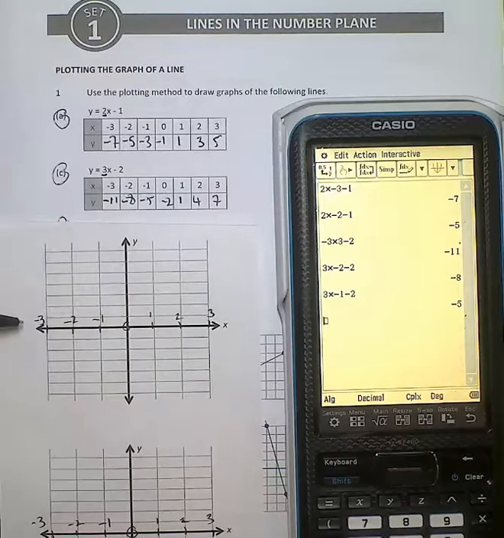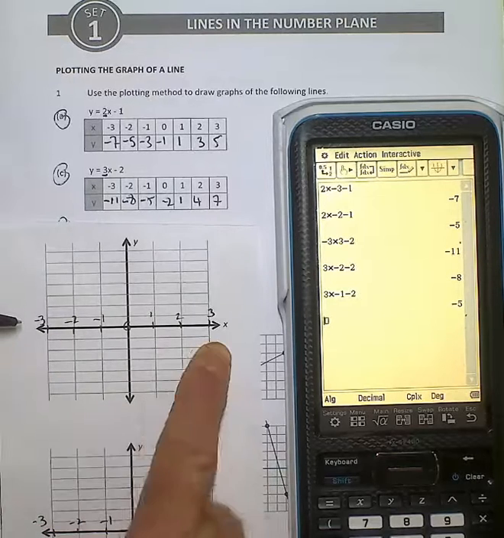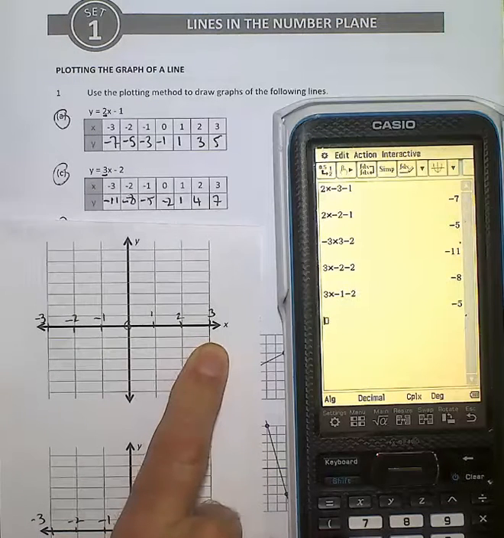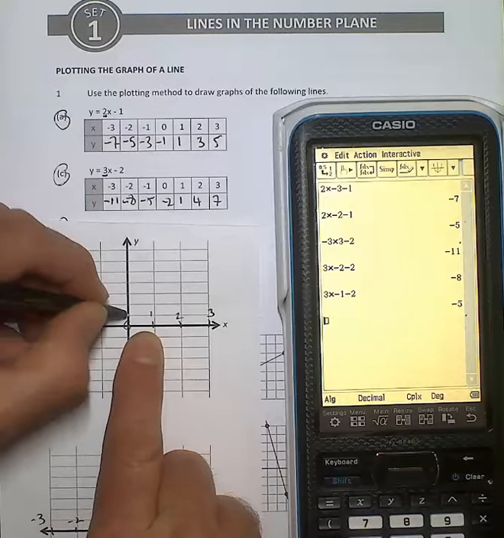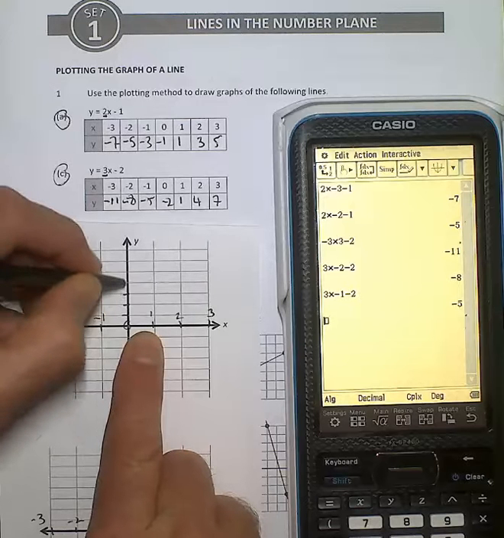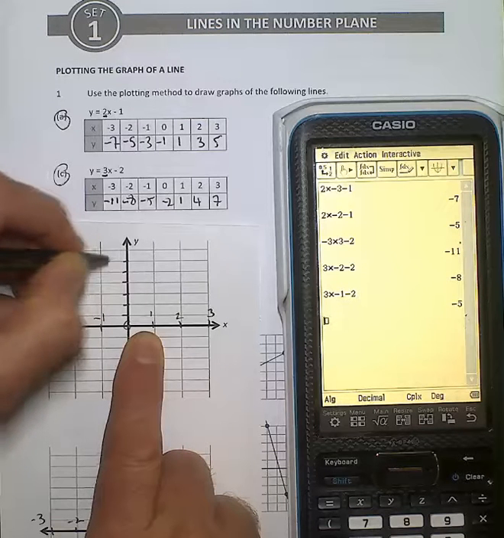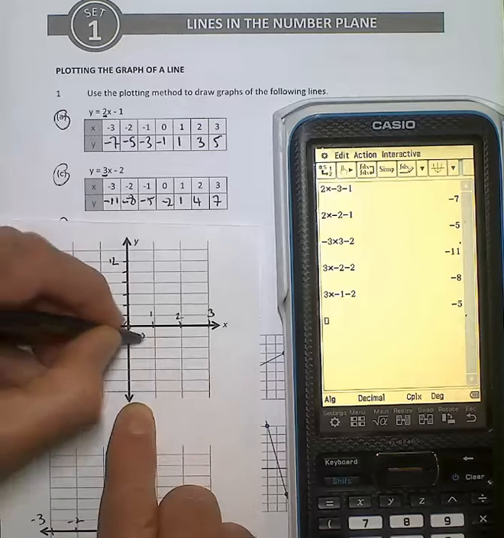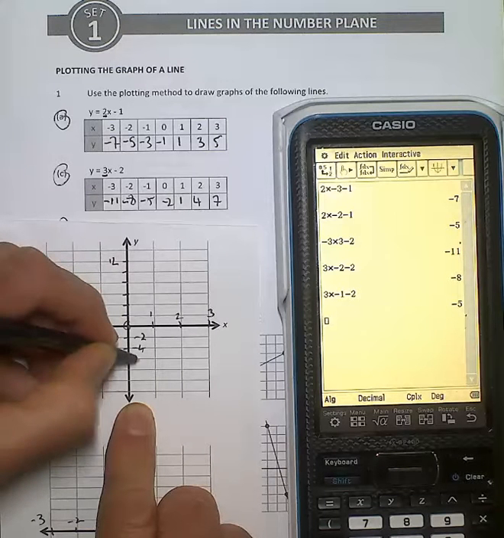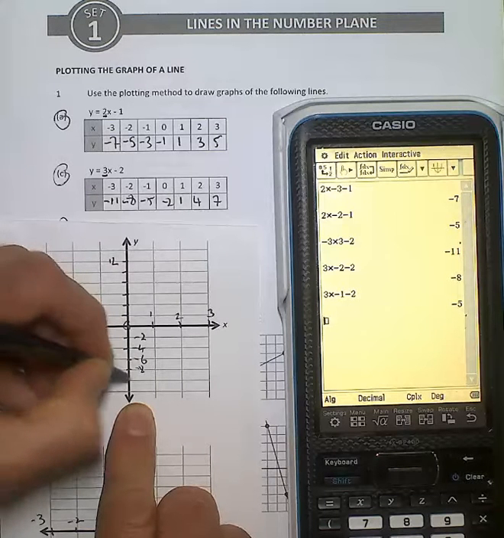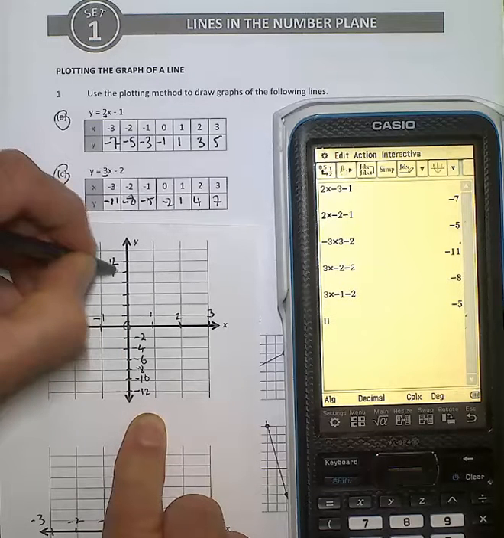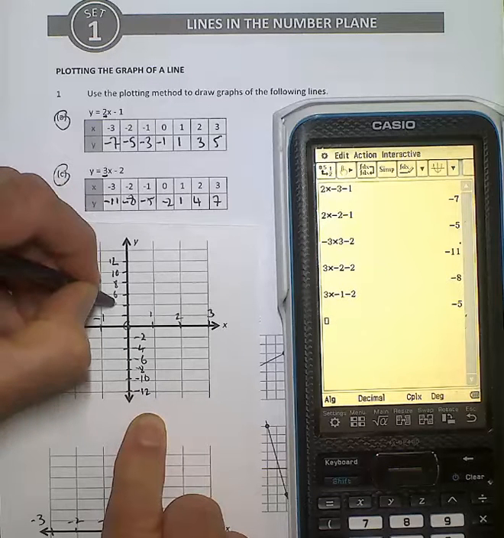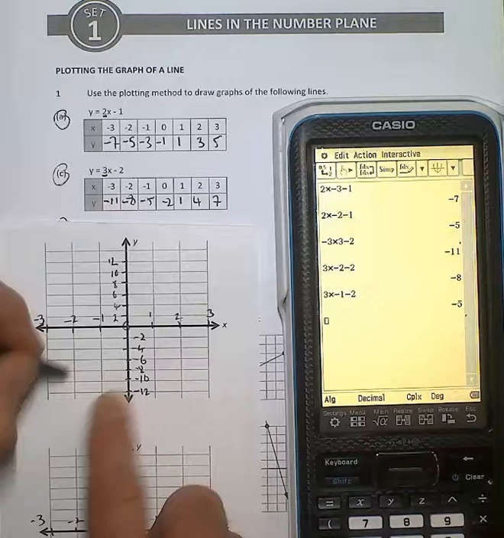once again I'll set up my graph, -3 through +3 on the x, and I'll scale the y-axis accordingly. Perhaps a little trickier to do this one. So 2, 4, 6, 8, 10, and 12, and -2, and -12. And joining those points up,